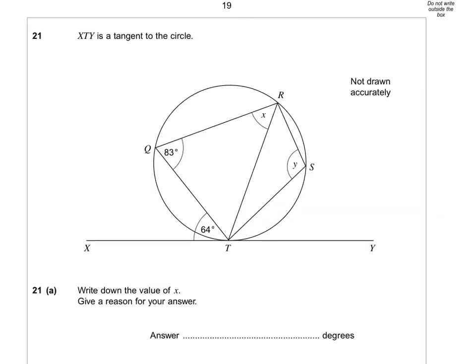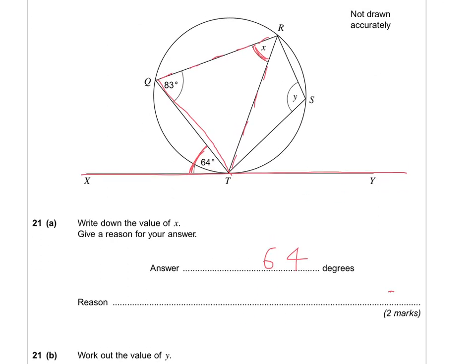Question 21. XTY is a tangent to this circle. Write down the value of x. Now, we have a classic situation of a chord, a tangent, and from that chord we create this angle x here, which must be the same as the angle between the tangent and the chord. So angle x is 64 degrees, and the reason for this is the alternate segment theorem,